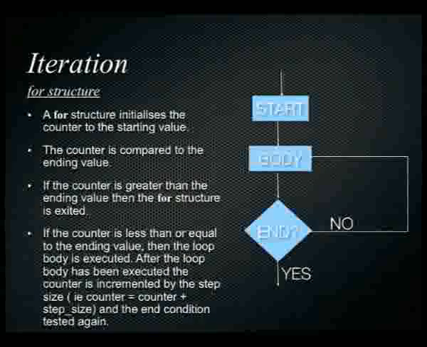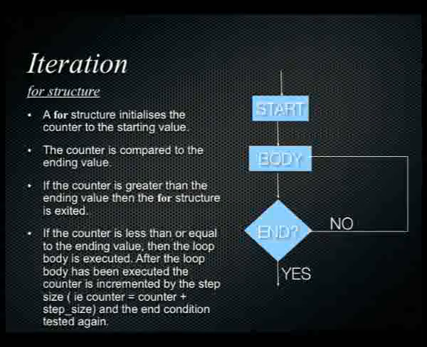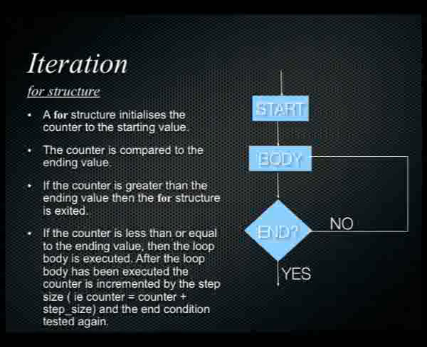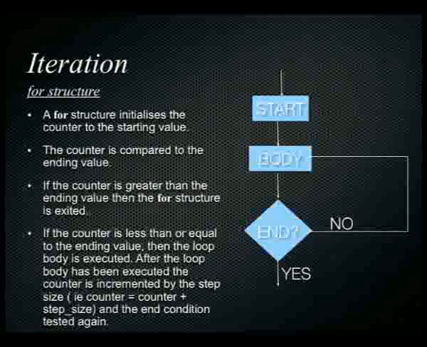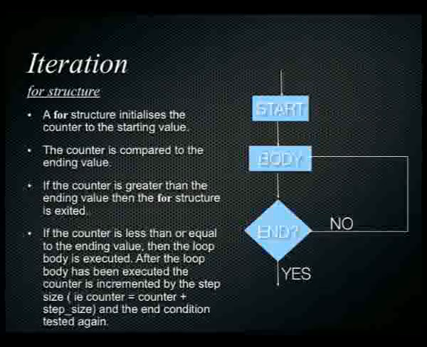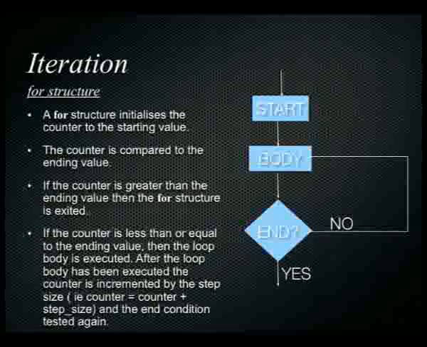So the for structure initializes the counter to the starting value. The counter is compared to the ending value, and if the counter is greater than the ending value, then the for structure is exited. If it's not, then we continually repeat inside that body, running those instructions over and over again. At the end of the body, as I said before, we need to ensure that our counter